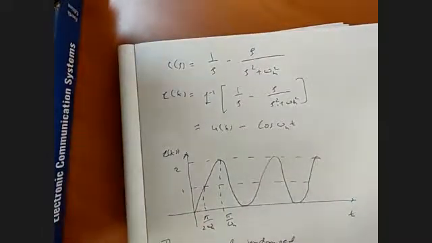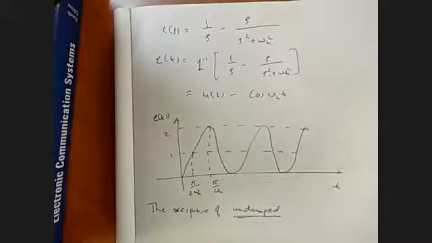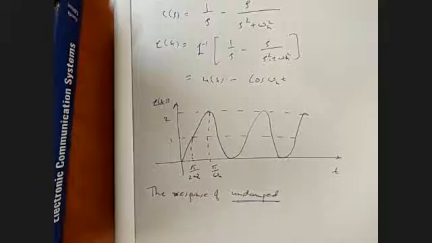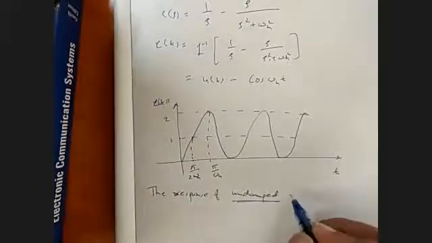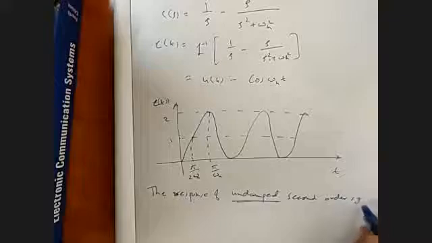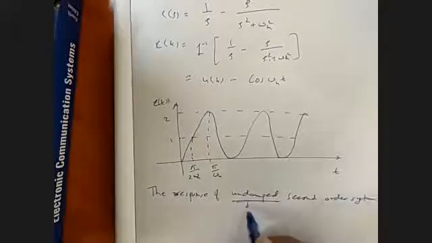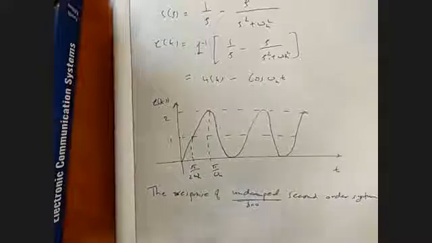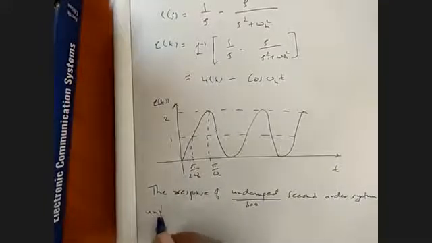Damping means the response will reduce. In this case, there is no response reduction. That's why it is known as undamped. So the response of an undamped second order system, undamped because delta equal to 0, for unit step input,